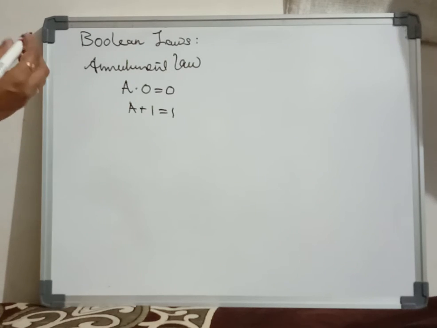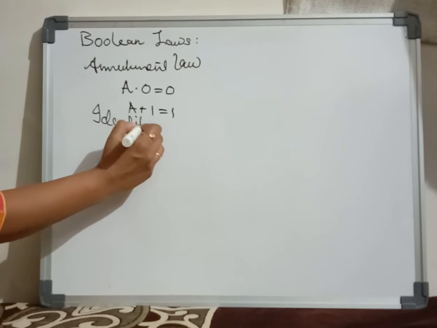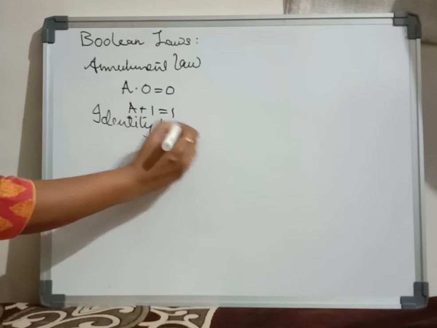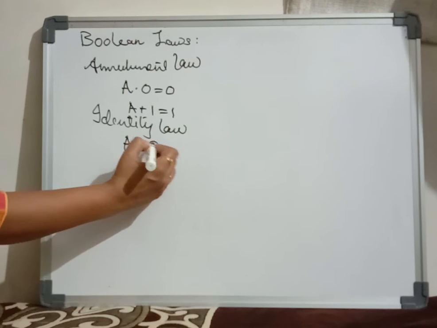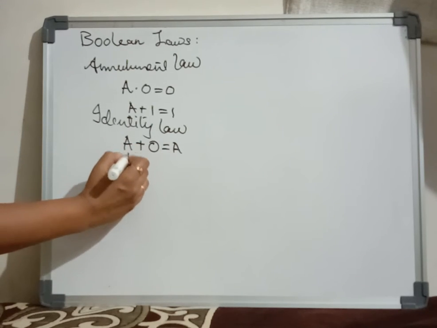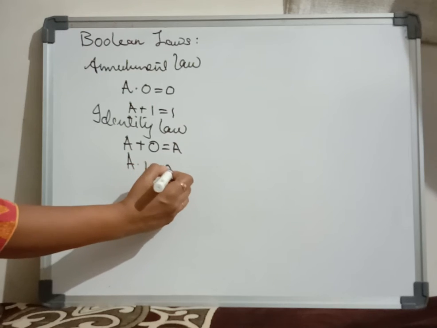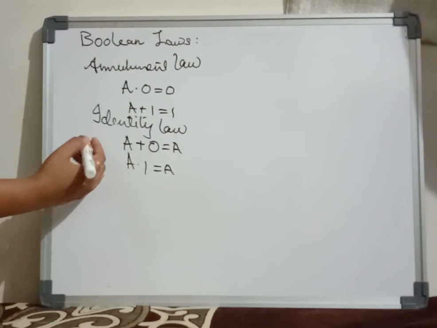Now another Boolean law is identity law. Identity law, we have A plus 0 is equal to A. Then A dot 1 is equal to A. All these Boolean laws are very useful to solve the Boolean expressions. For that, all the Boolean laws must be understood properly. Then we'll see